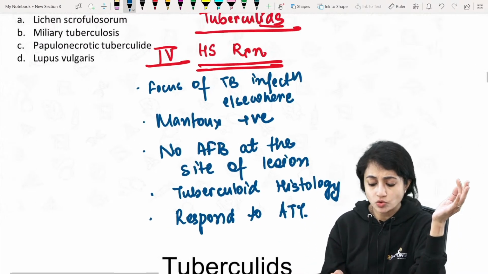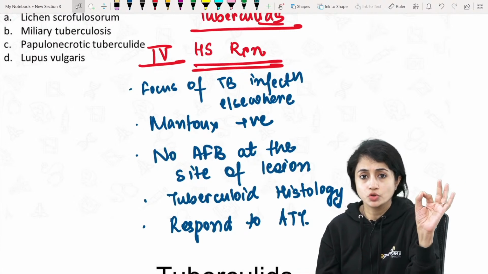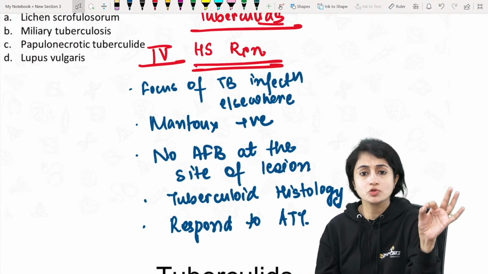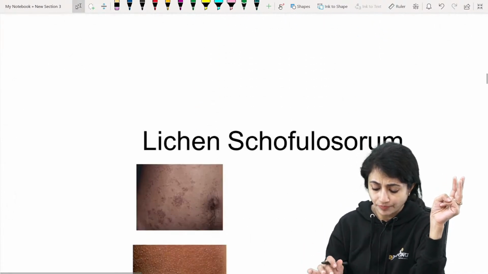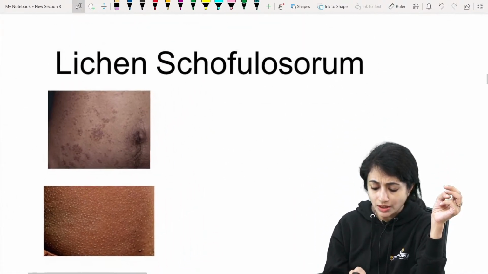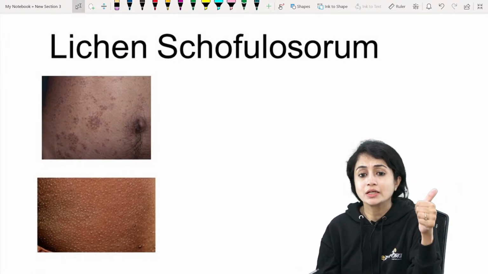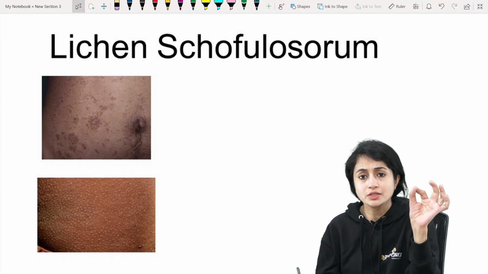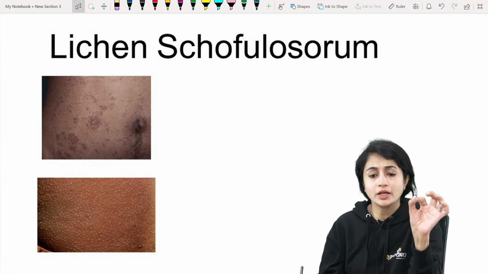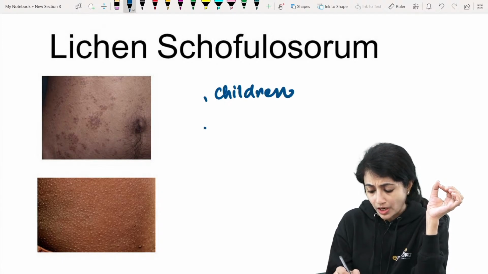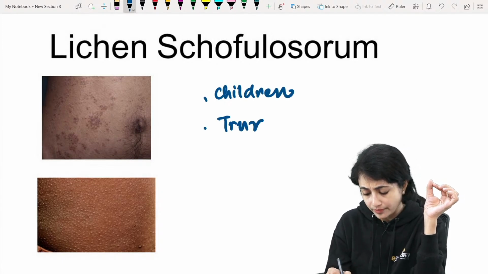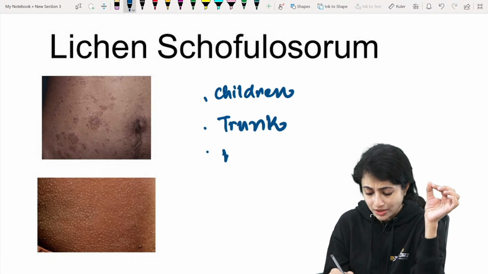So this is what tuberculids are. You should be knowing about this. What is a tuberculid? Now tuberculids are of mainly 3 types. So what are the 3 types of tuberculids? One is lichen scrofulosorum. There are certain characteristics about each tuberculid and I'll tell you that. Lichen scrofulosorum is something that I see more commonly in children. I see it on the trunk. What do I see? I see